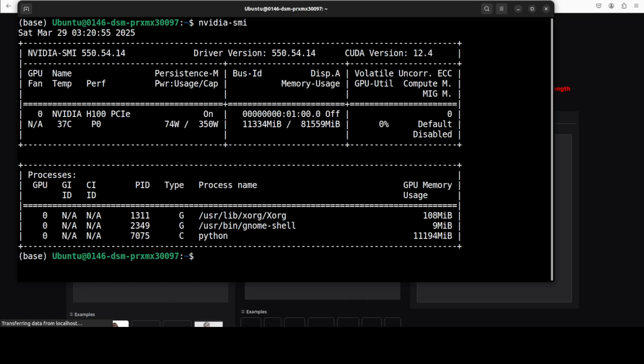So I'm using this NVIDIA H100 GPU, and you can see it is consuming around 12 gig of VRAM. But for some reason, it was giving me an out of memory error on my NVIDIA RTX A6000. So if you have around 16 GB of VRAM or something, try it out. It might work for you, but for some reason it was not working for me, so I had to move